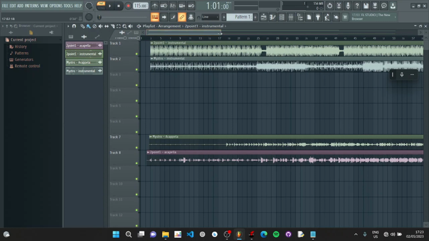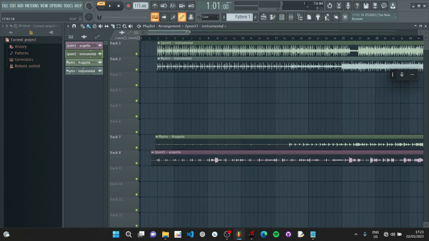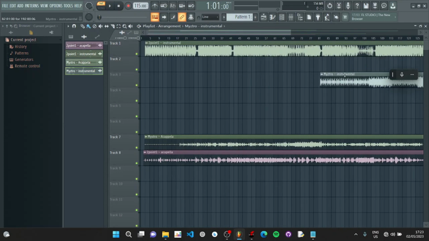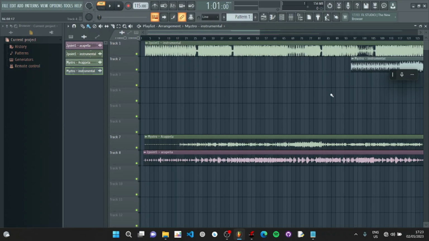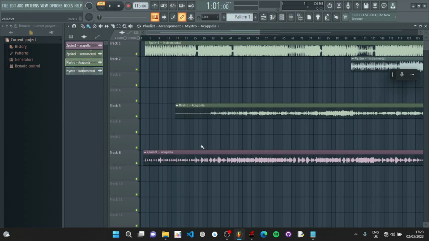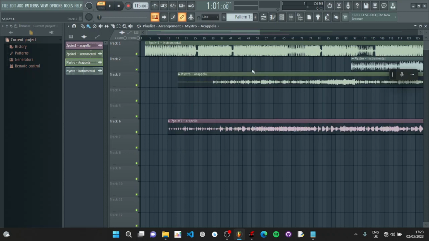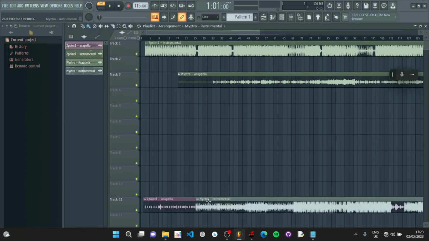So once I've done that, now I know that my track is in sync. I'm ready to mix in my acapellas. So for now, we're just going to move this track. Now we are going to focus on our acapellas. I'm going to mix the 2.1 instrumental with the acapella of the Maestro, and also mix the Maestro instrumental with the acapella of 2.1. So now we're going to start with the instrumental of 2.1 and the acapella of Maestro.